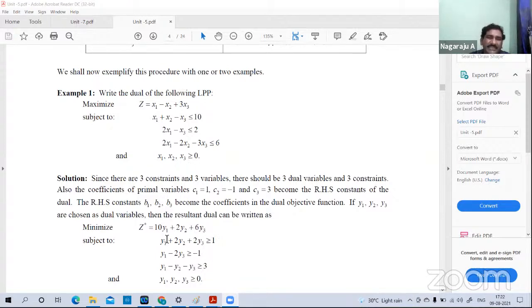Next, continuing with the second variable. If I check, x2 is there in the first constraint, but x2 is not there in the second constraint. And for the third variable, x2 will be minus 2. So if I take all the constraints, I get 2y1 plus 2y2 minus 2y3 plus y2 minus y3 equal to 0. Then the corresponding